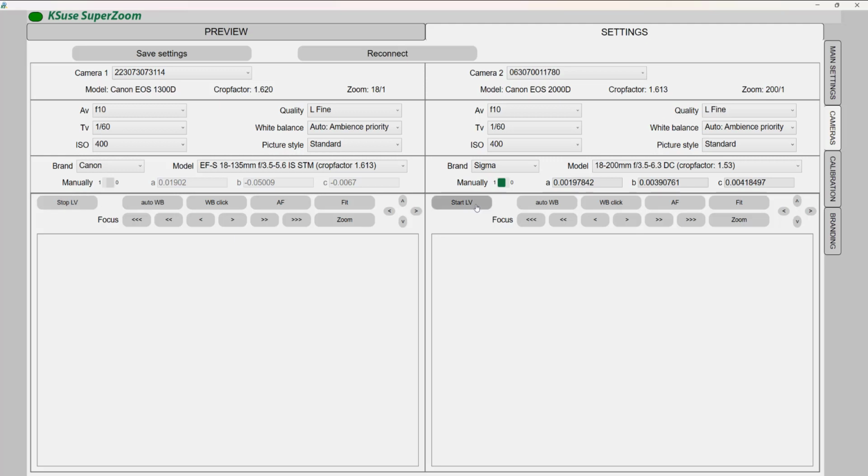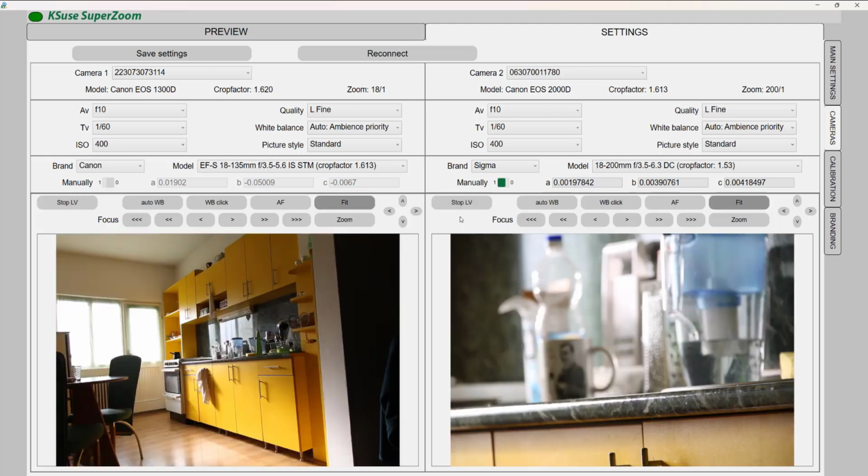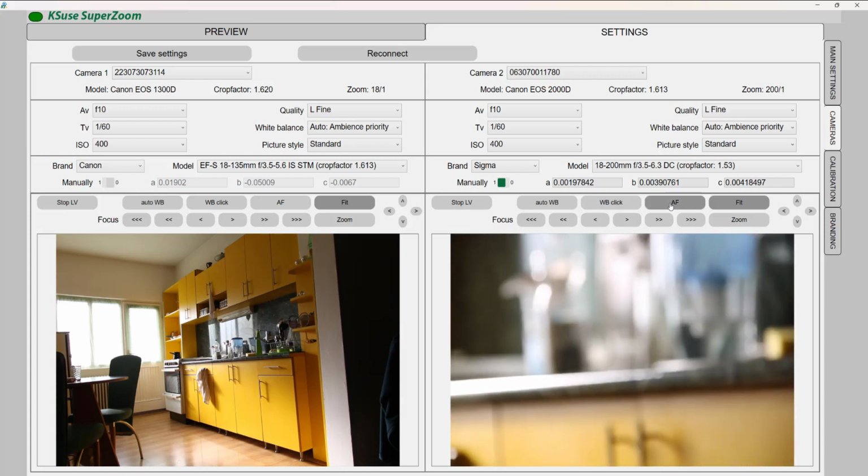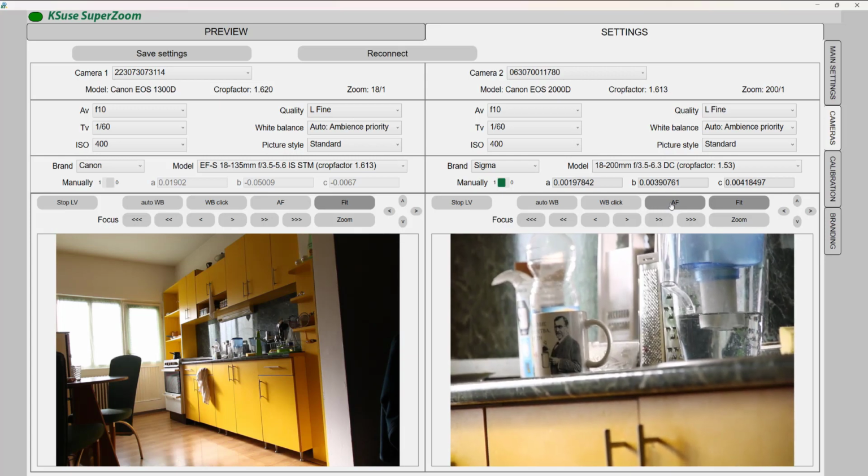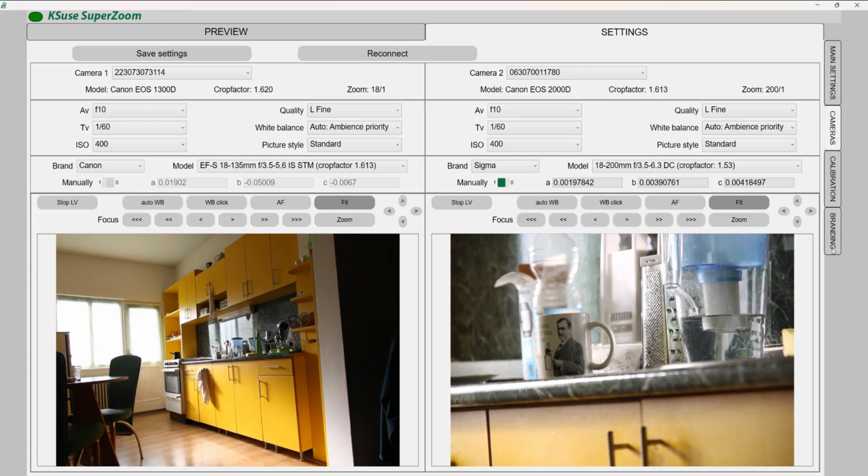Let's run live view on both lenses. Autofocus works for us all the time while the AF button is pressed.